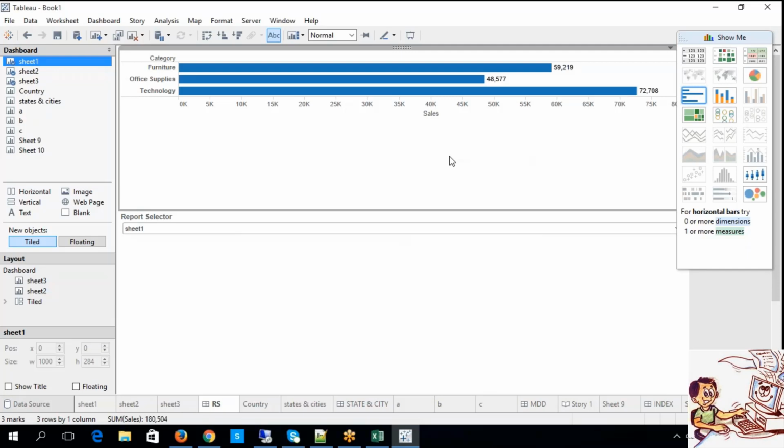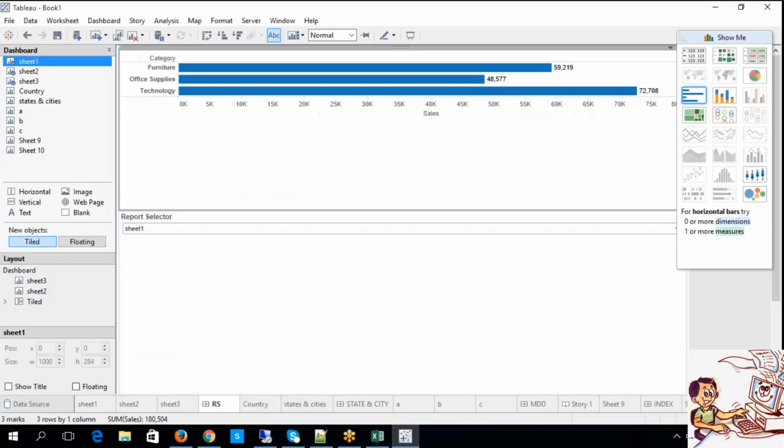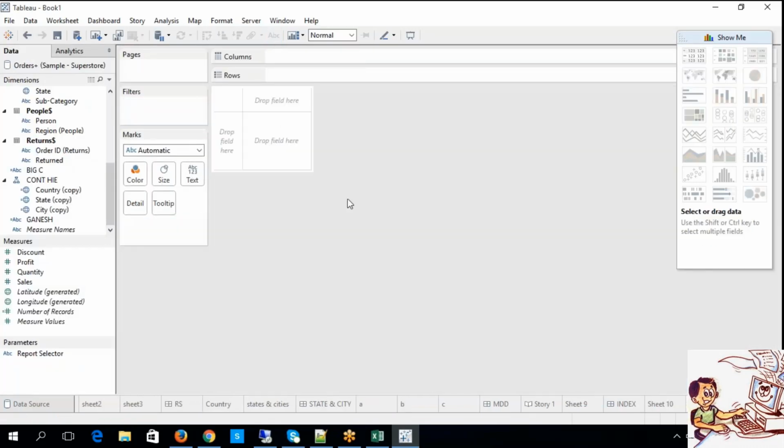Now I'm going to touch base on a concept called pages. Of course, it is quite simple, guys. I'll show you this with a simplistic example. Basically, these pages, guys, have you ever observed this? We have it at our worksheet level. Let me create one worksheet. What is this? Pages. We have gone through columns, rows, filters, everything, but pages I haven't covered yet. Yes, I kept it intentionally like that.